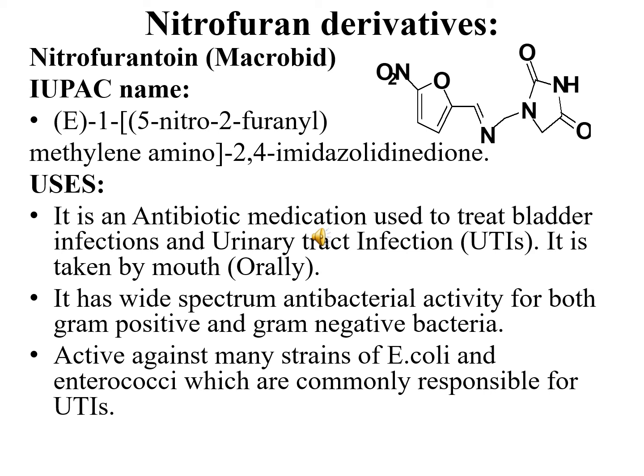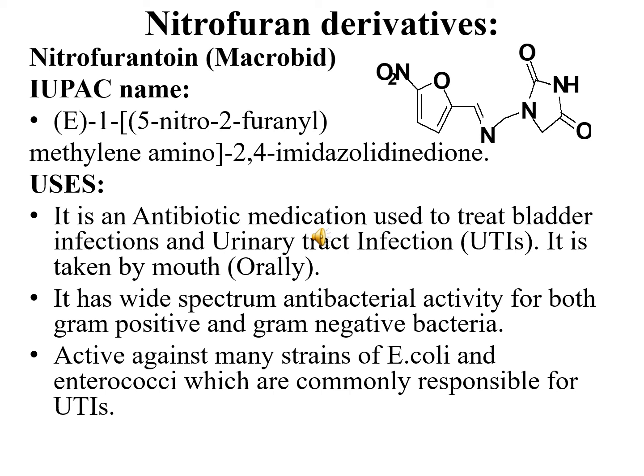This is the nomenclature used. Nitrofurantoin is an antibiotic. Antibiotics are also chemical substances which are used to kill or inhibit the growth of microorganisms. They are not applied over the skin or mucous membrane, but they can be taken orally, by the mouth, and they enter the systemic circulation and kill the microorganisms in the blood circulation. So mainly it is an antibiotic that can be taken orally and mainly used to treat urinary